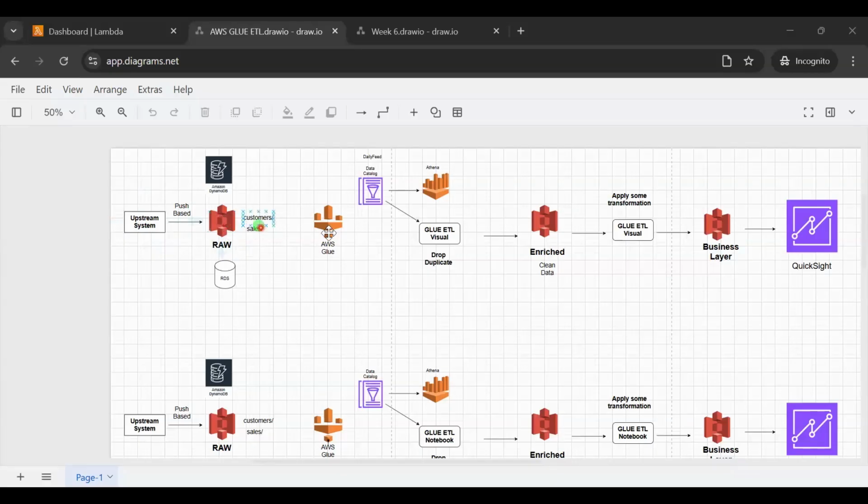Let's say the AWS Glue job started. It sees the data is there in S3, processes the data, and moves it through these layers. Fine. Now the next job would run at 8:30, because you asked AWS Glue to run